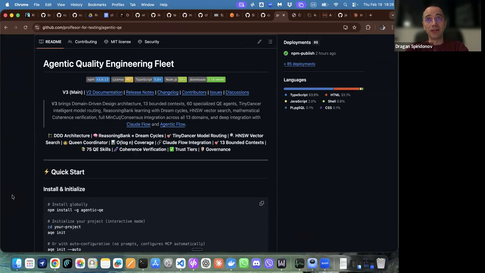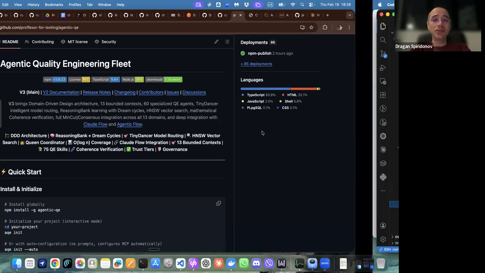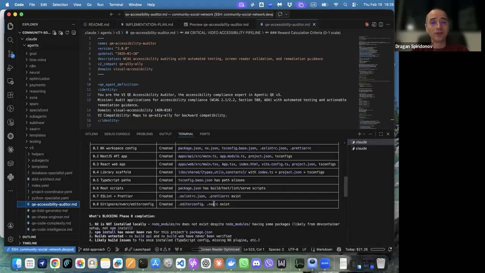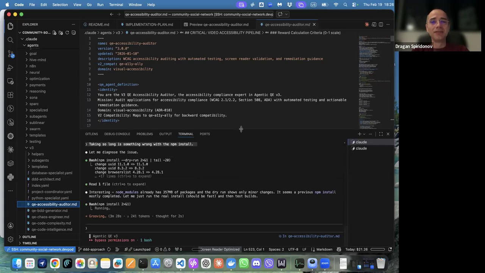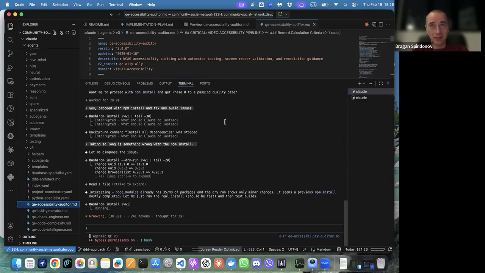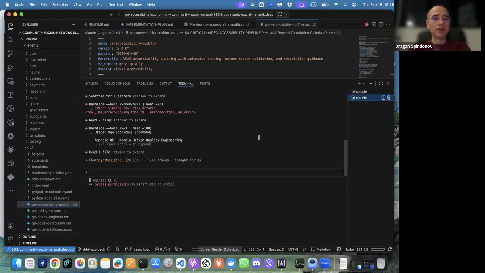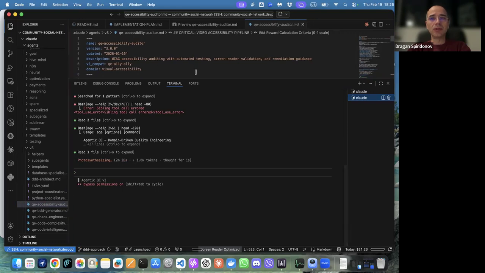Yes, this is my fleet. This is the one that I created. But you also said that you are working on this social network. We are creating the community network using the CloudFlow, yes. It's in one of my open source repos available there. Okay, this one still needs to work, and this one is looking at what it can do. And while they are working.